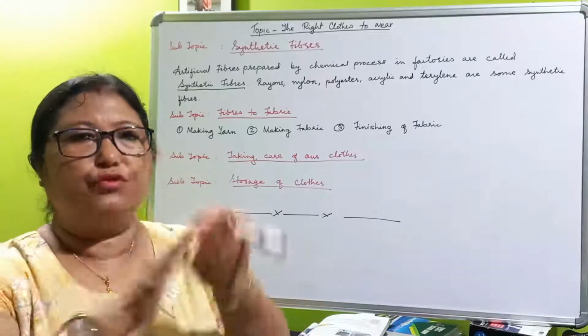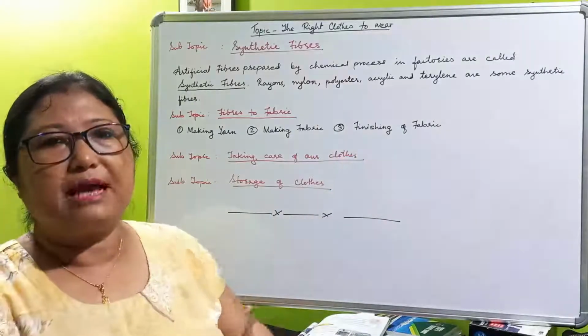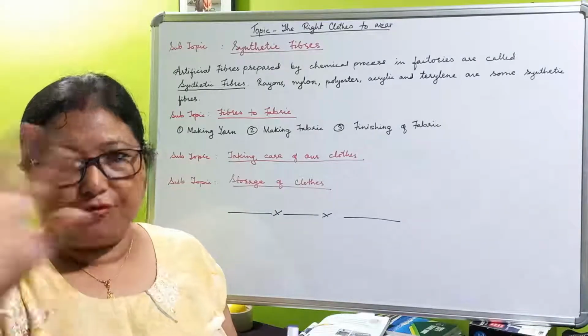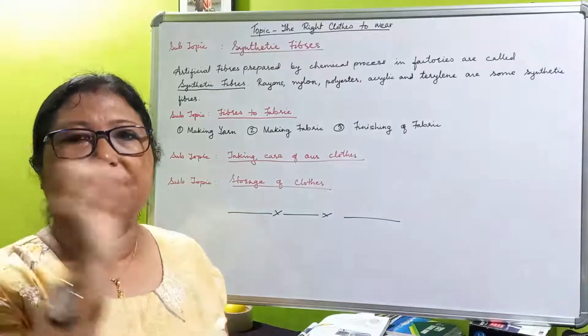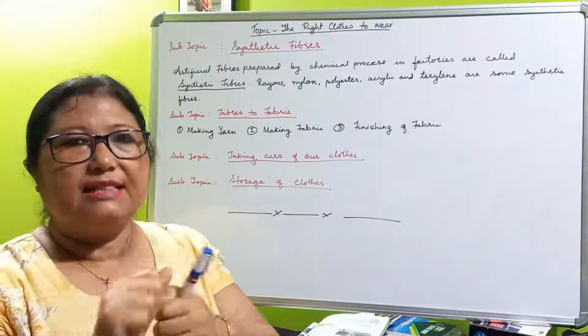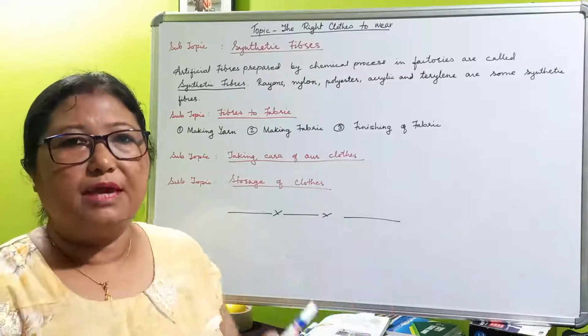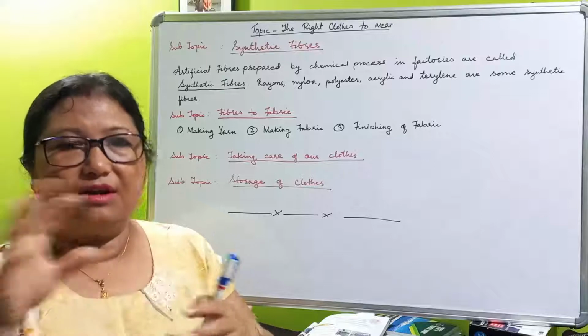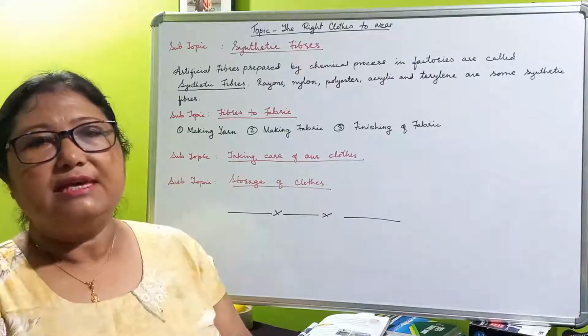You fold them properly and you clean the cupboards every time. You spray some perfumes sometimes, and you put some naphthalene balls, you know, naphthalene balls, kapoor, then neem leaves, isn't it? It will keep away the insects, silverfish, and ants and others. So it keeps away the insects.